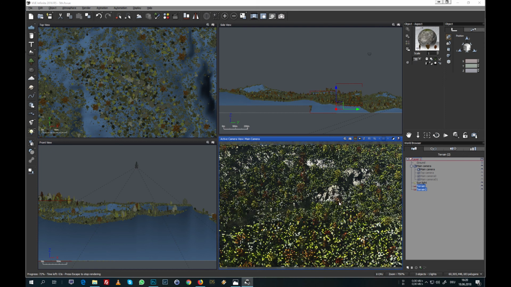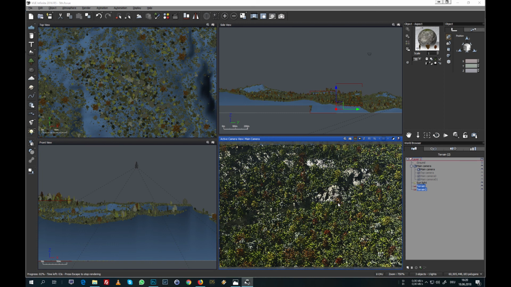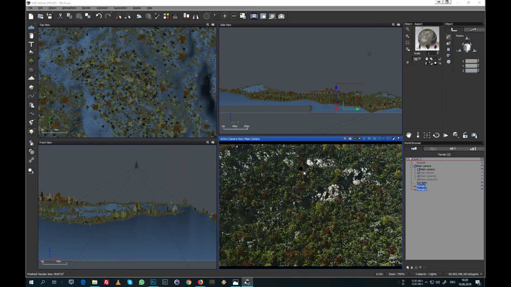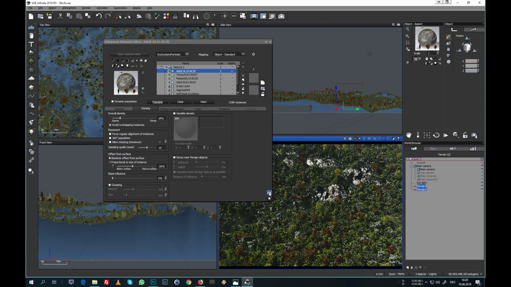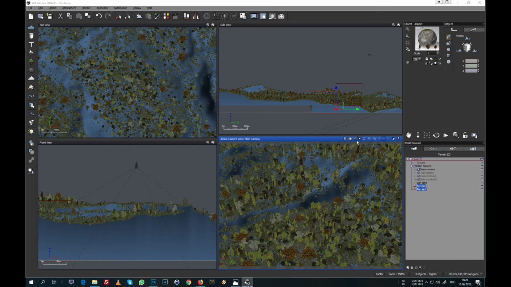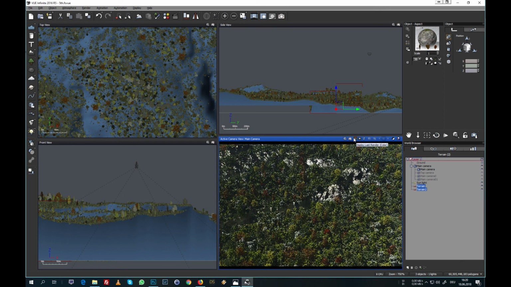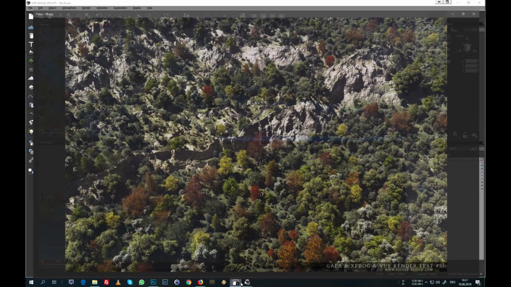And it may not be super realistic, but I feel that adding some colors in there makes the appearance of the forest look again much more natural and adds another layer of realism throughout the scene. And yeah, that pretty much concludes how easy it is to add XFrog ecosystems to your Vue scene and create a nicely natural looking forest,